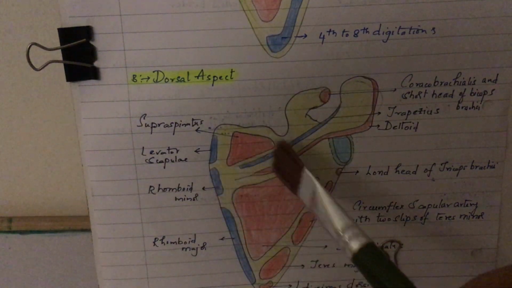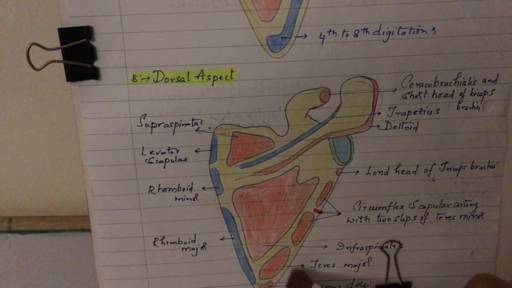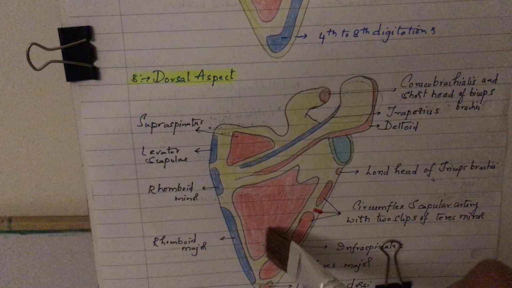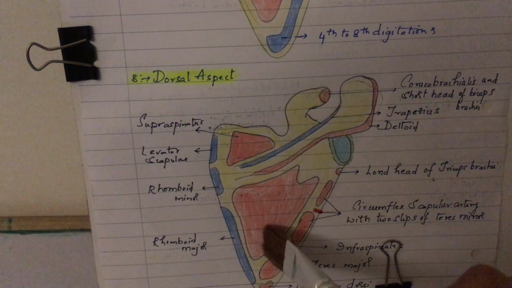Coming to the coracoacromial ligament. The coracoacromial ligament is attached to the lateral border of the coracoid process and the medial aspect of the tip of the acromion. Then we have